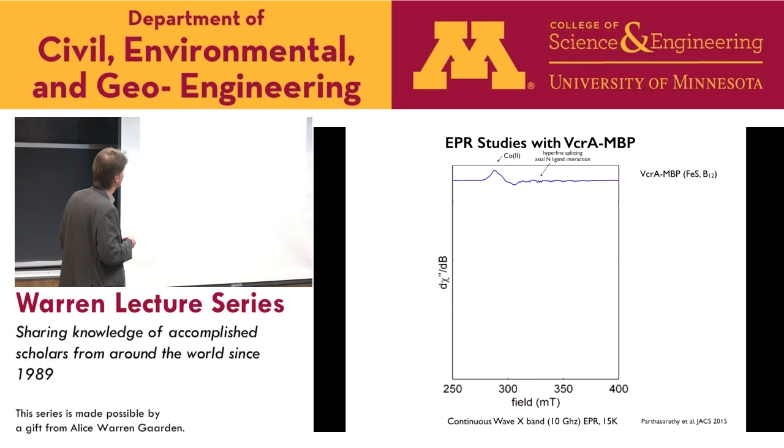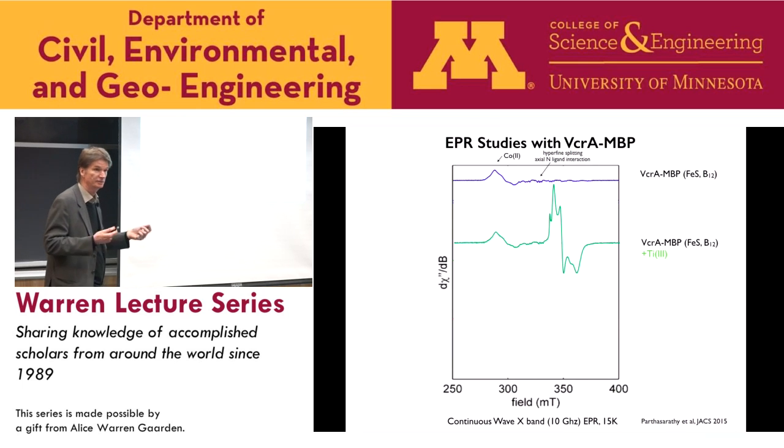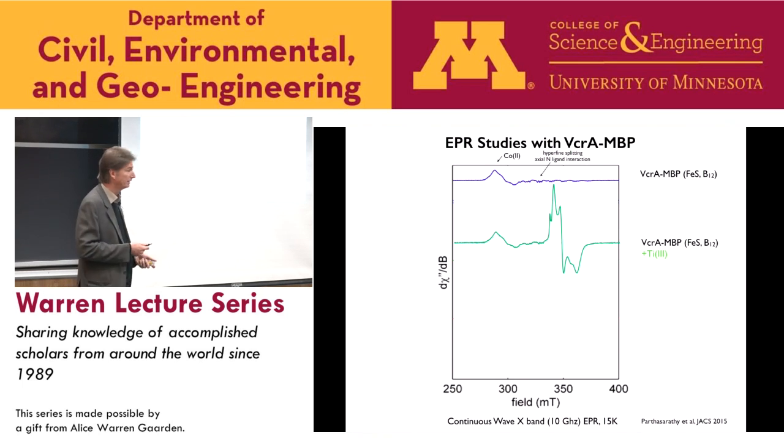In the oxidized state, we have essentially here a cobalt-2. The next few slides will be a little bit technical, but I'm just excited that we can actually do these kinds of experiments. We saw that the enzyme, as we identified, has a cobalt-2, and it has a hyperfine splitting that I'll talk about in a minute. When we reduce this with an electron donor, in this case titanium citrate, we reduce these two iron-sulfur clusters. So we see this in the EPR spectrum. And in vitro, you add titanium citrate, and then you get in vitro activity.